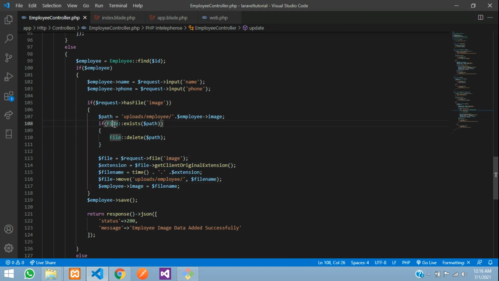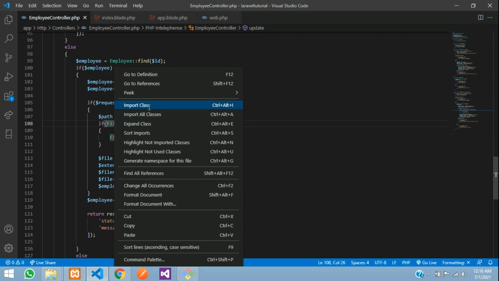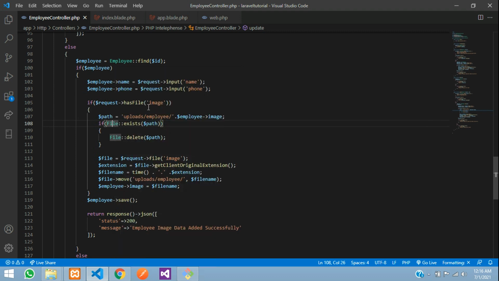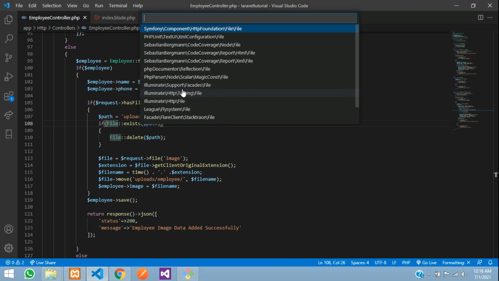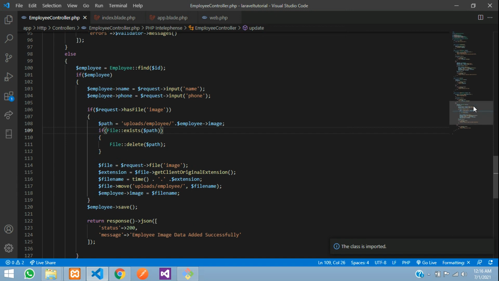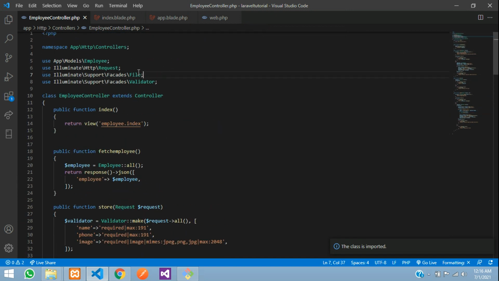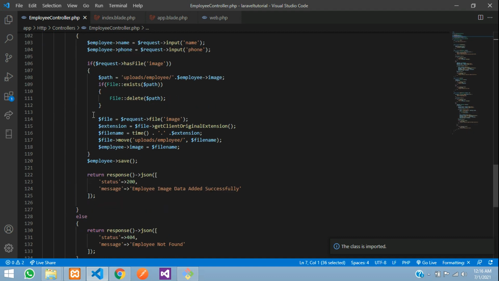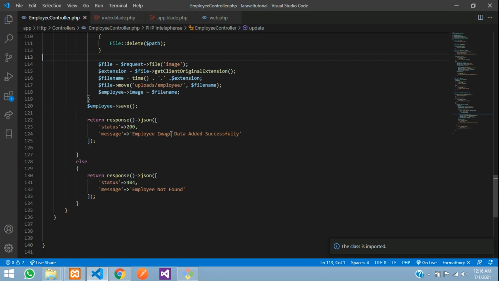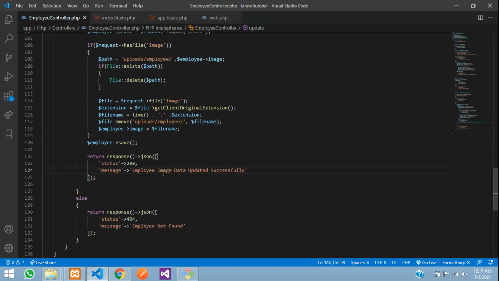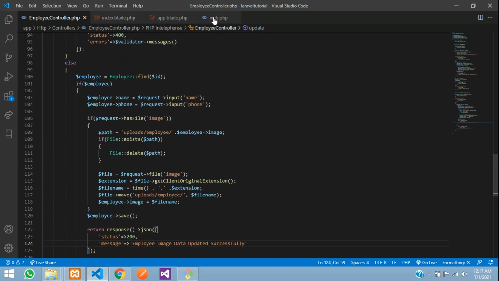And before that you need to import this. So let's import class. Okay, so you can find Illuminate Support Facades File. So let's click this. Let me just show you. So this is the class, guys. Let's get back. All set, and if the image is done, updated successfully will tell. Okay, save. Let's get back